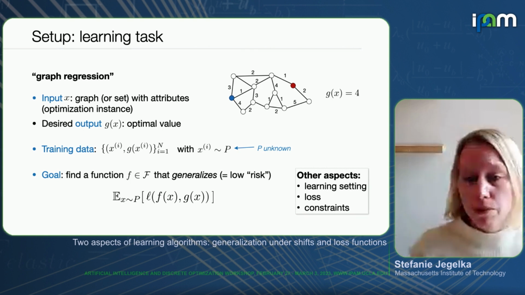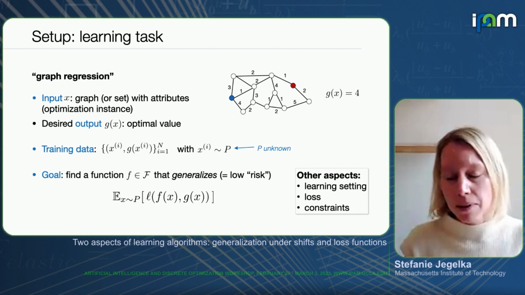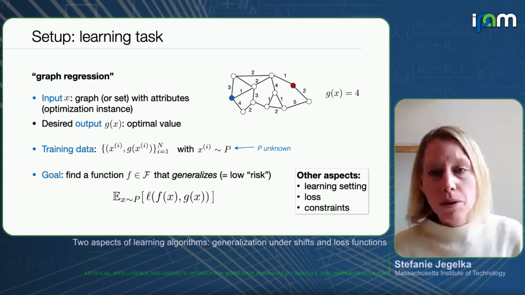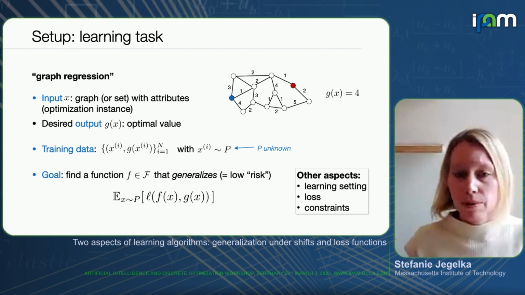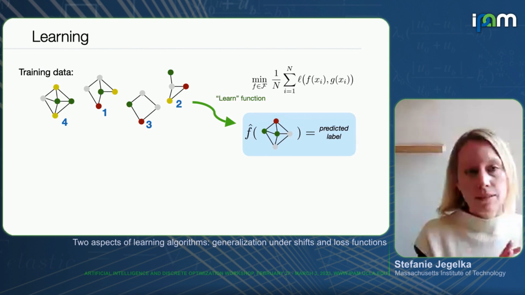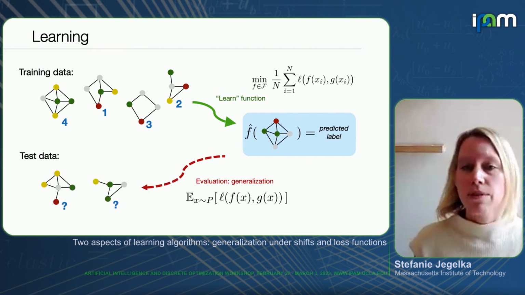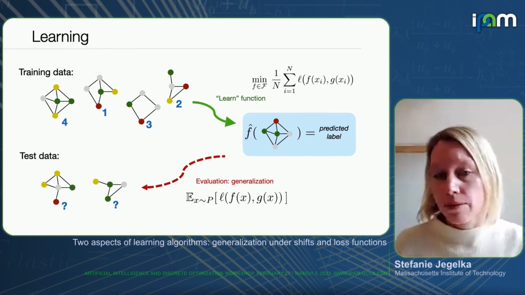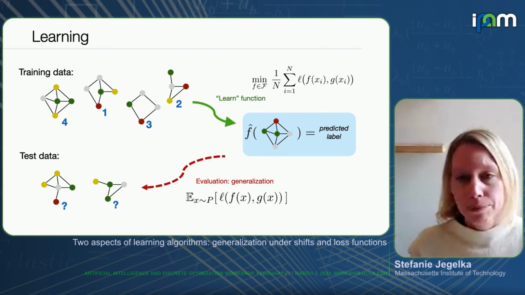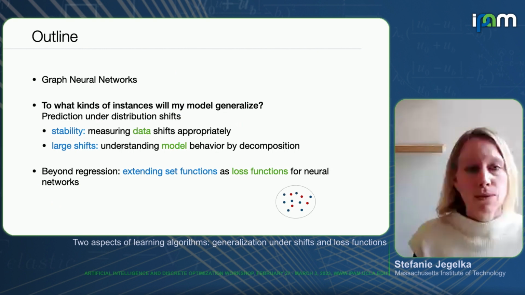You can think about reinforcement learning, for instance. You can change the loss function, and I'll do that later. And you can add constraints, etc. So for the moment, we'll think about this as a graph regression problem. So that means that, like in pictures, we have these training data points. Each one is a graph. And we're essentially learning a function over graphs that performs well on predicting the values of these optimization problems. All right. So this is the setup.